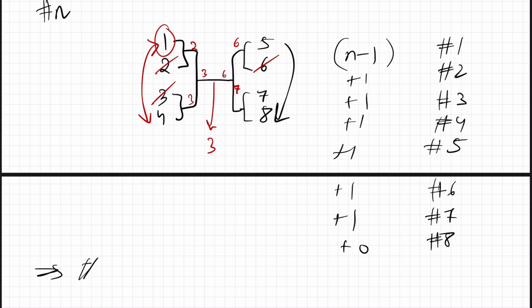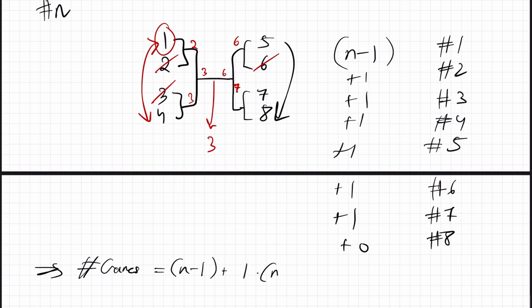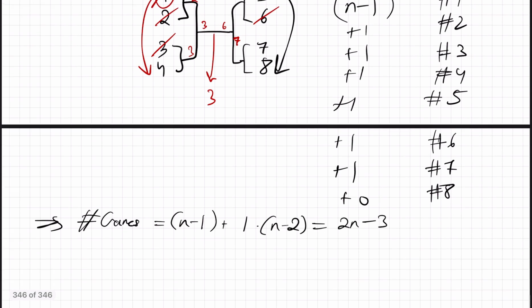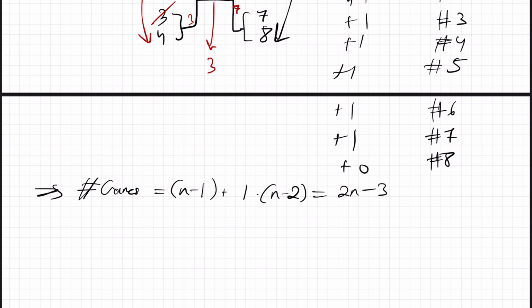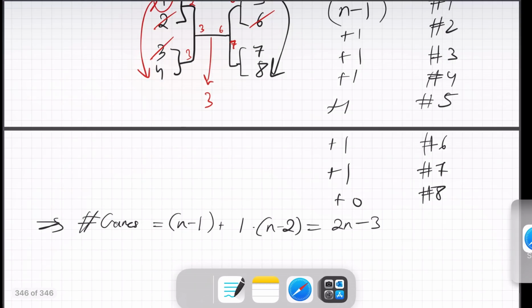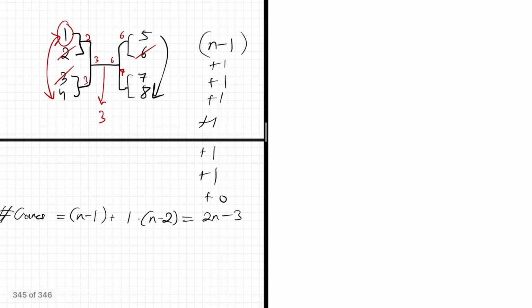So my guess for the total number of games is going to be n-1 plus 1 multiplied by, this would be n-1. Because there's 1, 2, 3, 4, 5, 6. No, n-2 actually. Yeah. And okay, so that's just sum these. That ends up giving us 2n-3, which seems a bit weird. I'm not entirely confident in this answer. But let's check the answers, check the solutions, and see if we are even close.